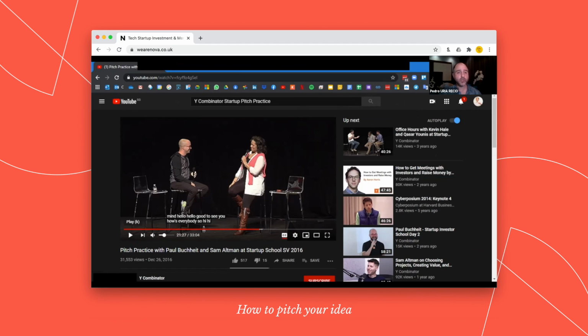It's very interesting, a little bit shorter than before. So I think the pitch is around 4 minutes, which is more or less the duration you're going to have. And then again, we have Sam Altman, who is, as I said, a partner in Y Combinator, who is going to come to the stage and pitch the same idea, but in a much clearer way. So let's go with this.